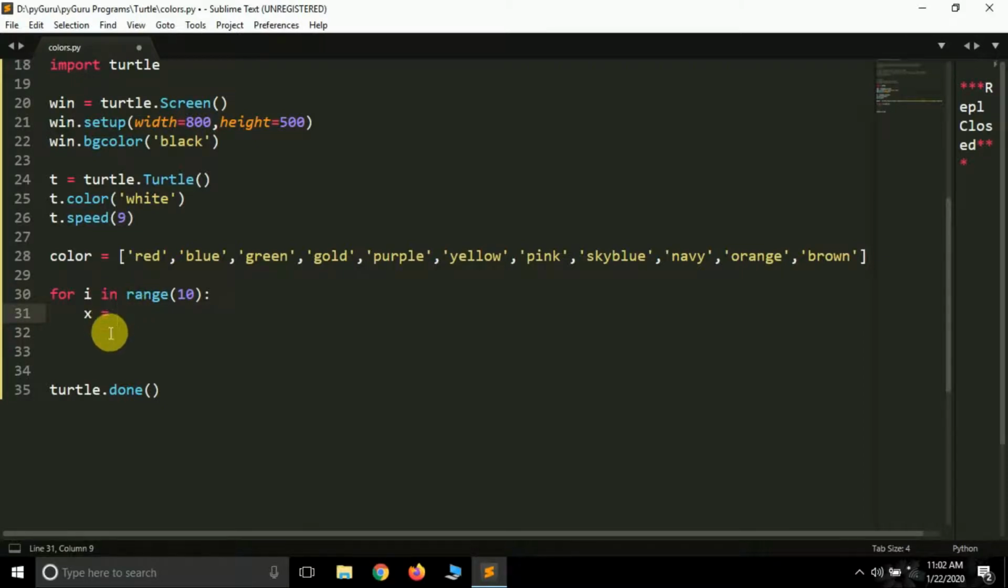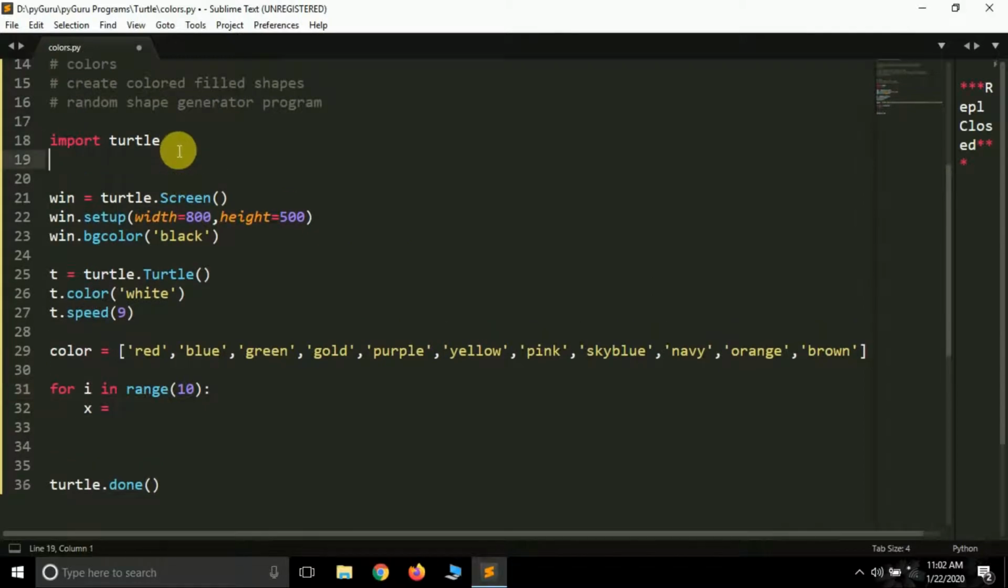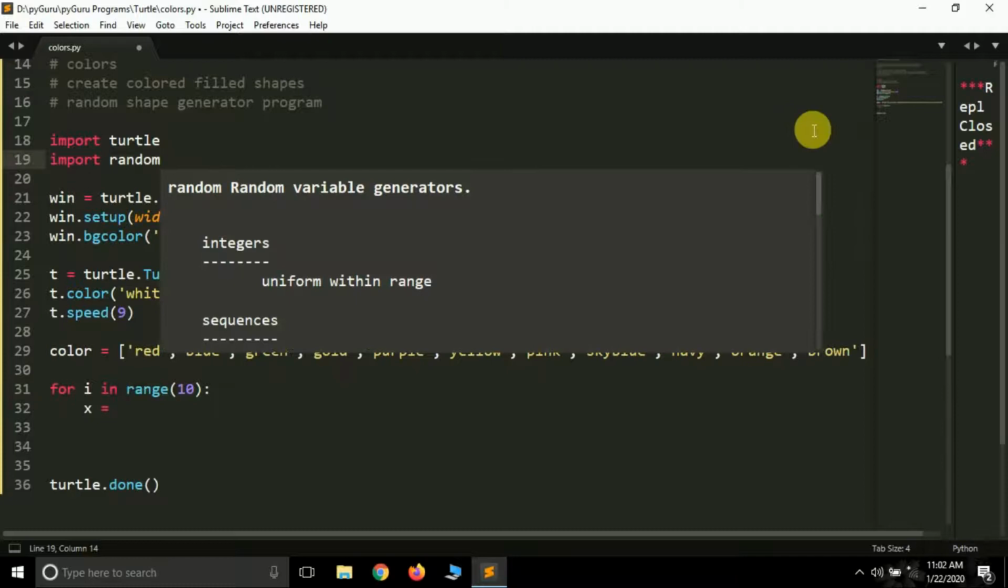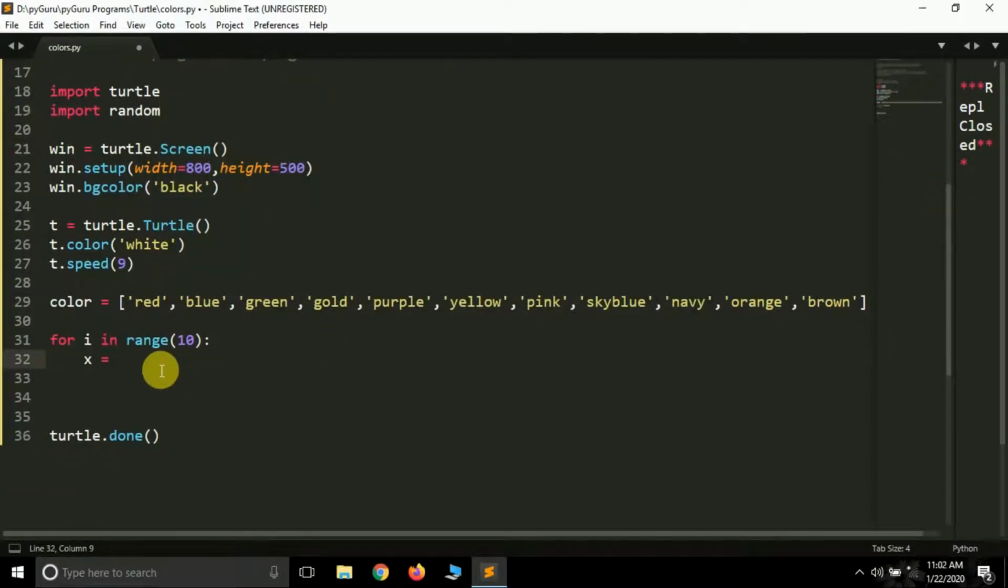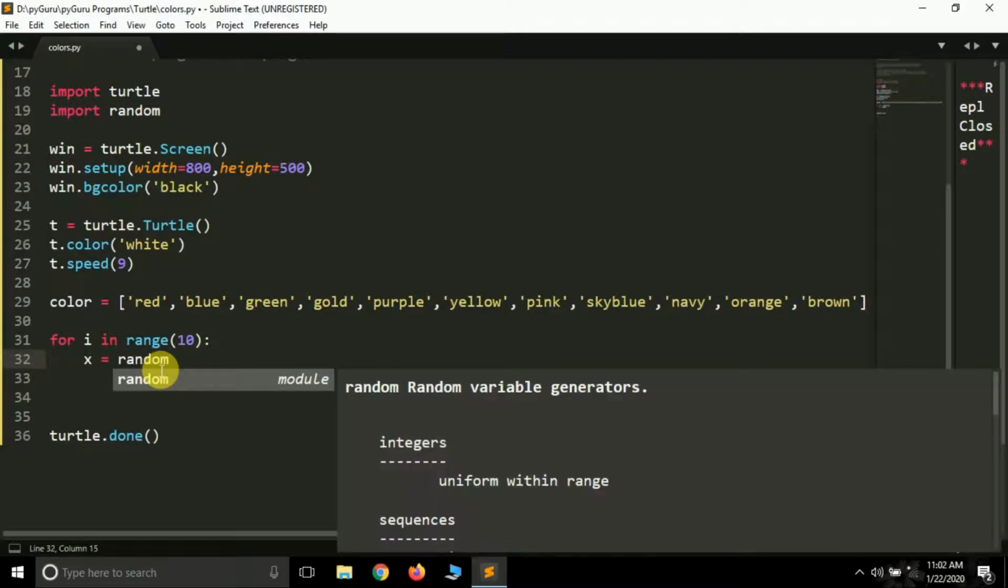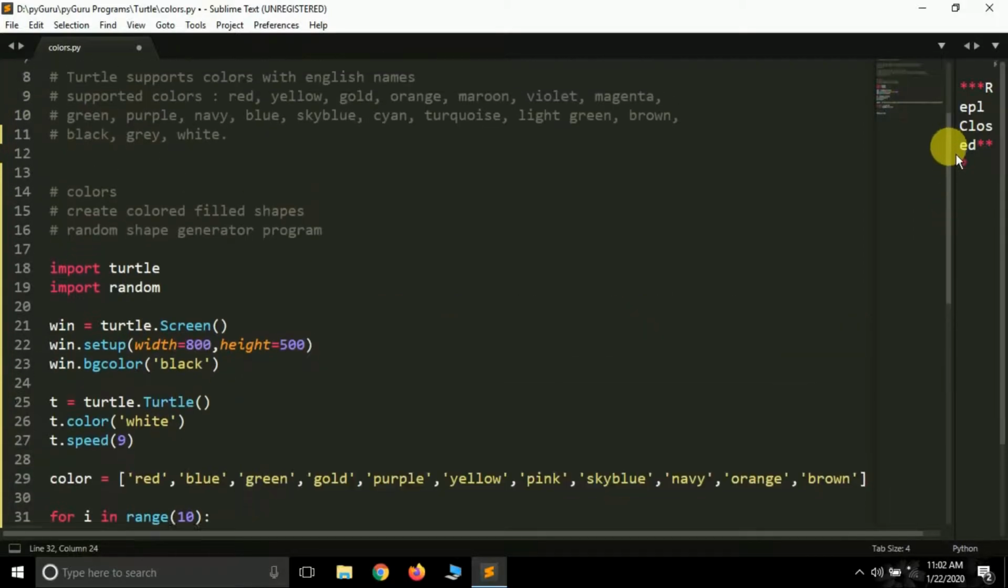First we will choose a random X position on the screen. For choosing a random X position, you have to import one more module, import random. This module helps us to choose random values. We will choose a random X position on the screen. To do this, we will call the random dot randint function. Random is our module, and randint is a function defined in this module. Inside this function we have to give the values between which we want to choose